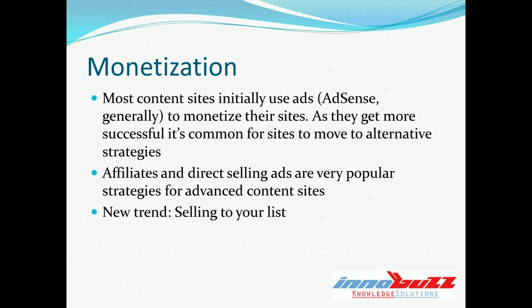I mean, when you think about it, if you're getting 1,000 people to your website, and you're earning, say, $1 on average per 1,000 visitors, well, let's just think of some simple conversion rates. If 1,000 people come to your website, and 1% or 0.5% of them buy something from an affiliate or buy one of your products, and your margin is $10, well, you've just earned a lot more than $1.